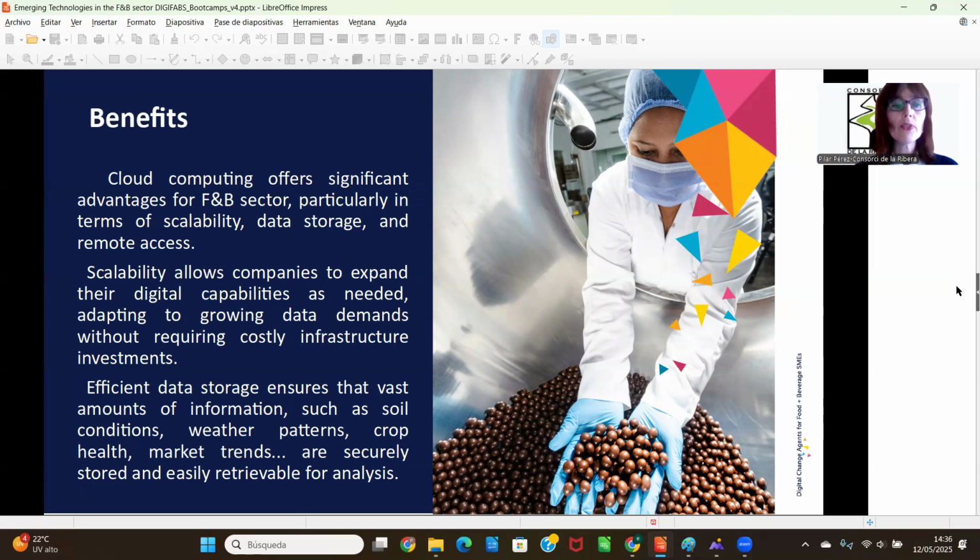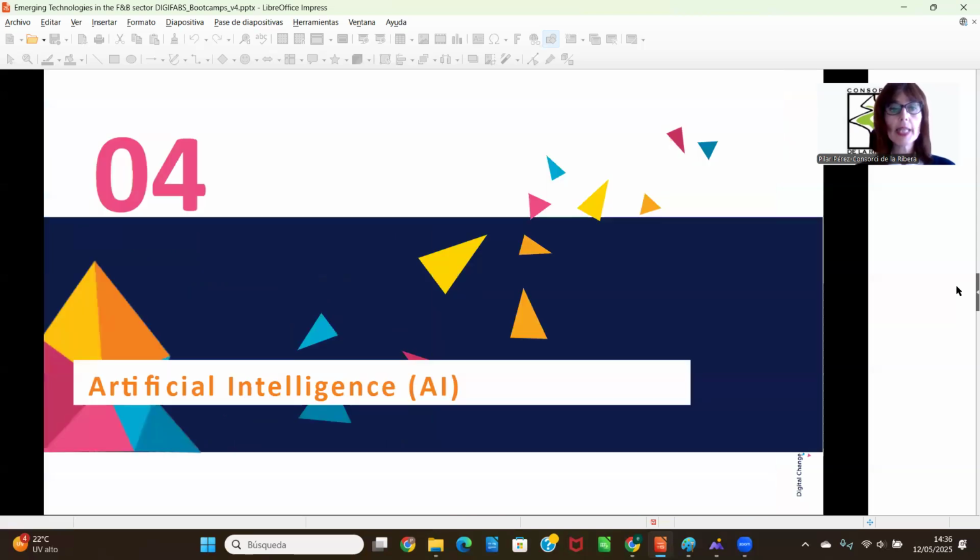Cloud platforms provide scalability, allowing companies to handle growing data needs without heavy infrastructure investment. Moreover, cloud-based systems make it easier to retrieve and analyze big data, a capability that is increasingly enhanced by artificial intelligence. And regarding this issue,